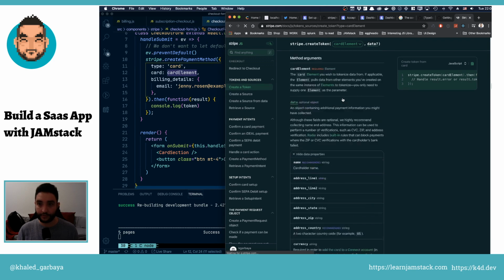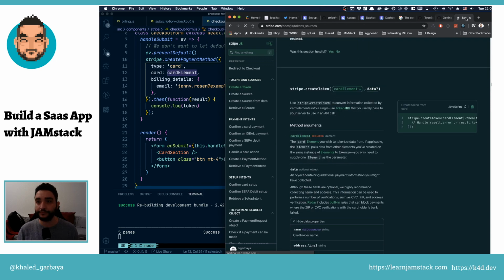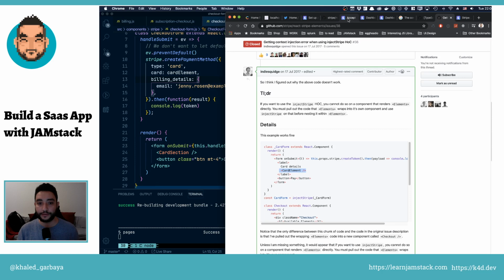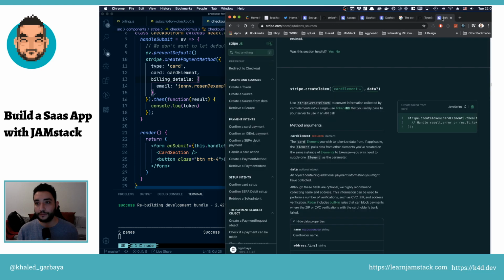Yeah, I think this looks okay. And we don't need this. Create token, card element, and then we have